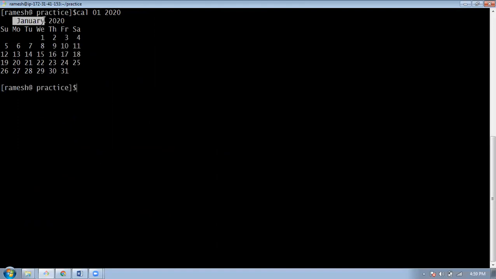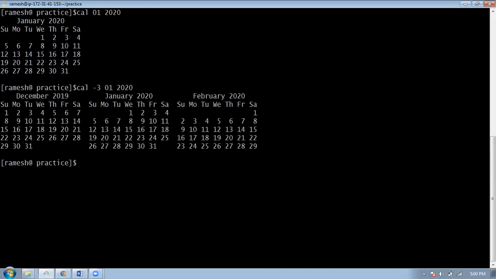So you can see the calendar for January. And you can use -3 also, as we discussed. You can see January is coming here, with December 2019 before it and February after it.